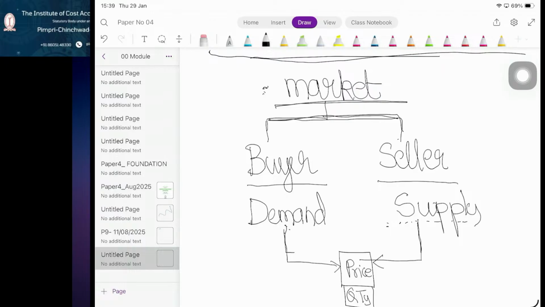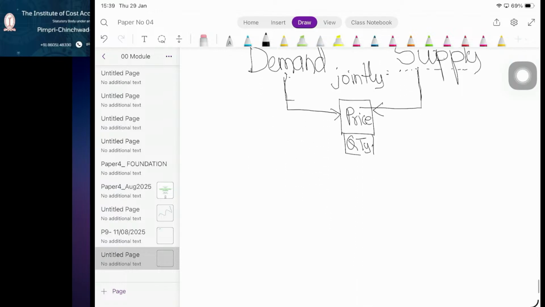What is the price and what is the quantity? You have to remember that demand and supply jointly determine price and quantity. There is no one which determines, they jointly determine. Now we have seen the demand curve, that is something like this: